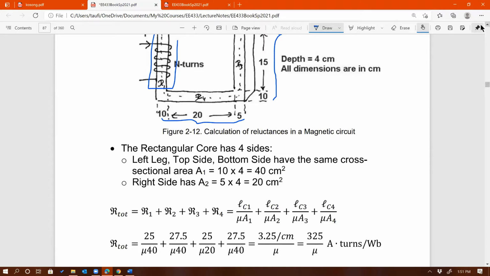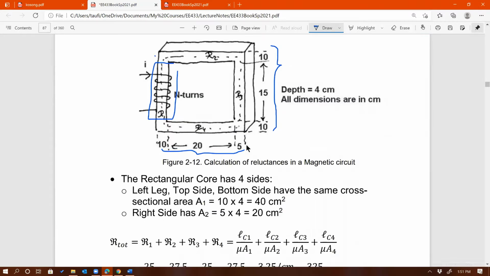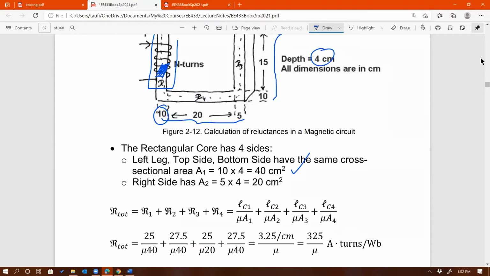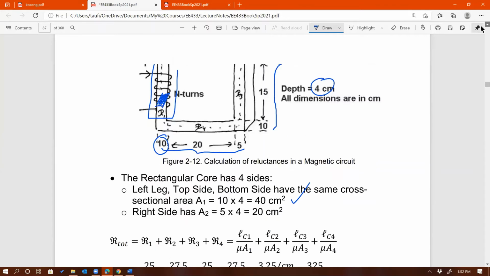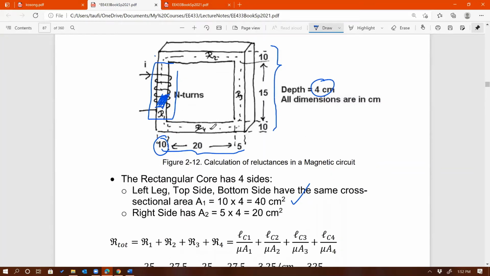So in that case, what is it? That's going to be 10 by 4. For the left side of the core, yeah, it is 10 by 4. Okay. And then same thing with R2, R3, R4. You just have to be careful on what to put in for the L and the A. Let's just do one more. Let's say we look at the bottom side. The bottom side is R4. What is the length of R4? That's going to be 20,